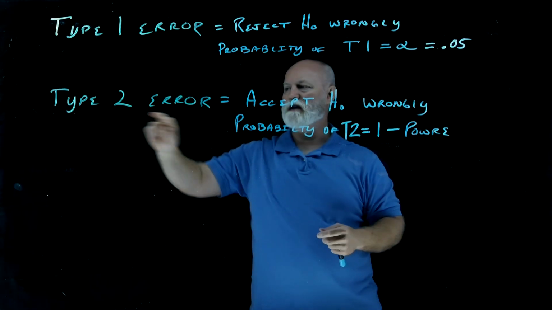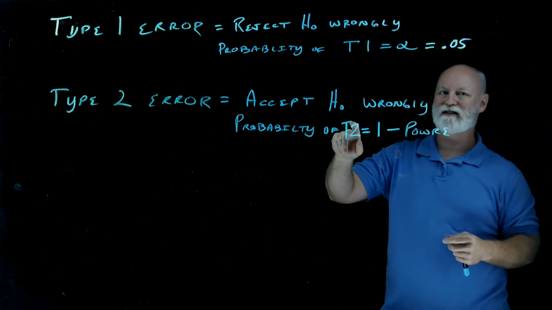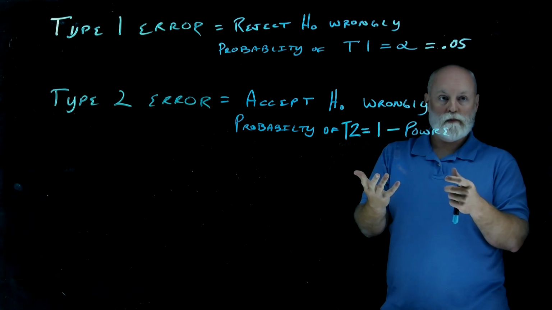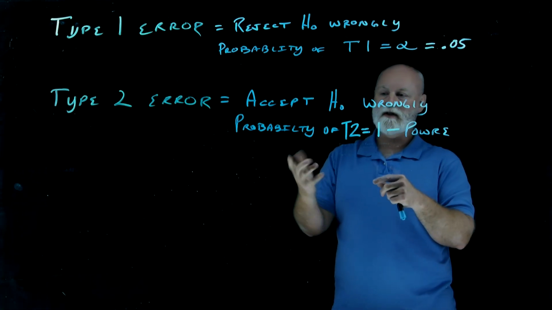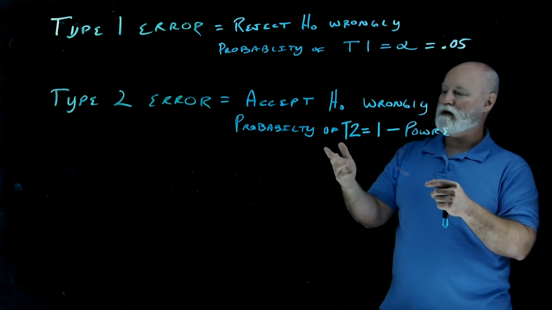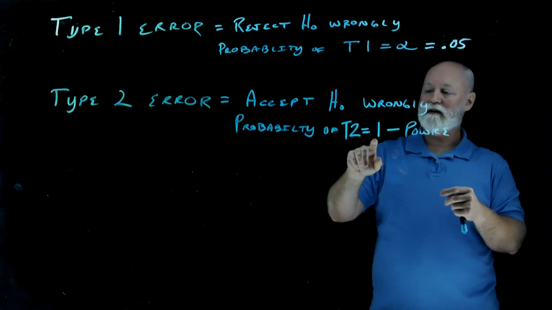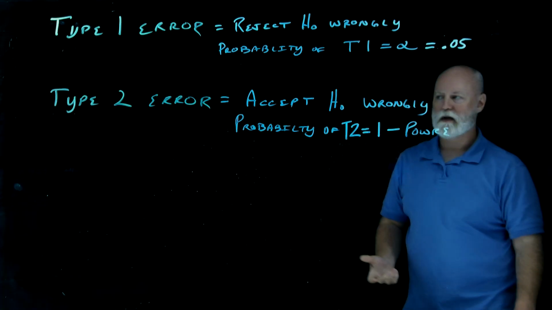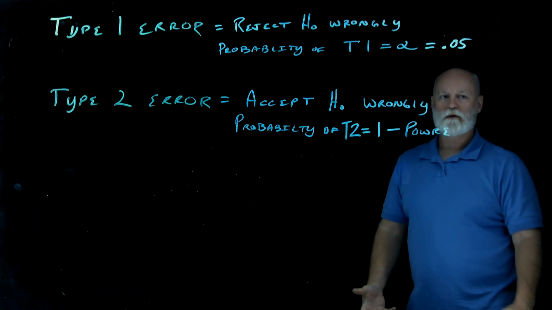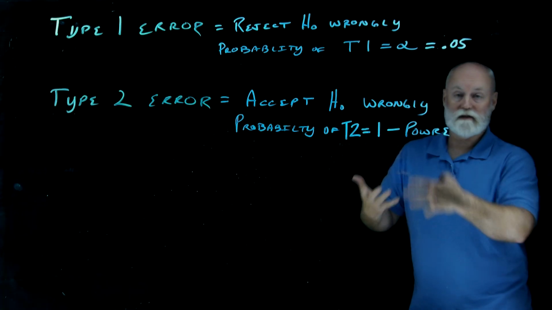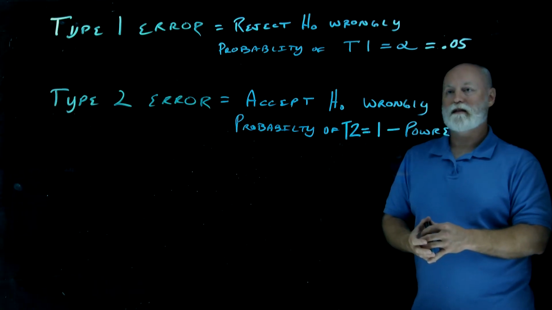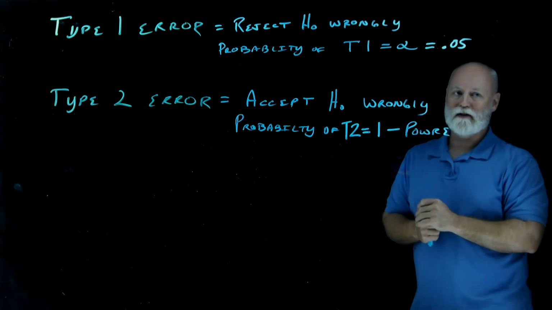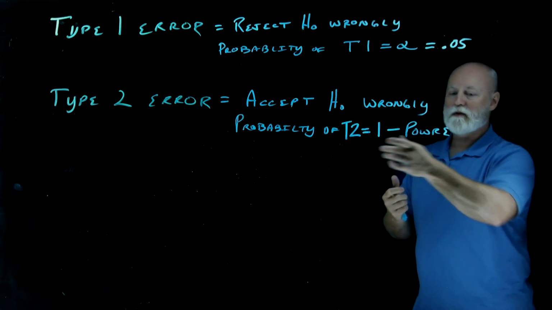Then we have this other thing called a type 2 error, which means that we accept H naught wrongly, meaning the alternative is true, but we failed to reject H naught. And this happens as well. And the probability of that occurring, the probability of type 2 error, is 1 minus the power. So in another video, we talked about how to determine power, and it's a fairly straightforward process. There's actually a lot of software out there that will do that for you based upon the sample size and the alpha value that you're looking at. And you have this power